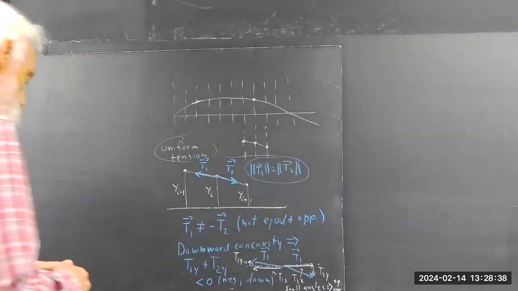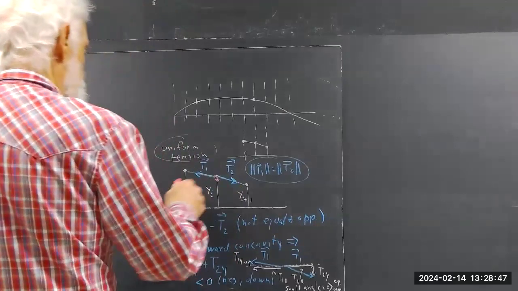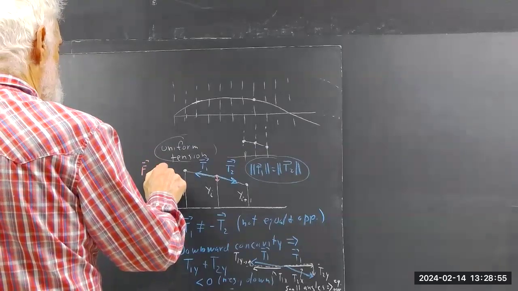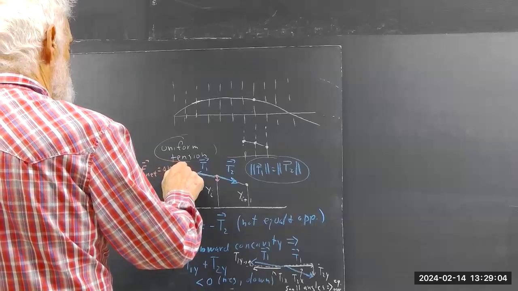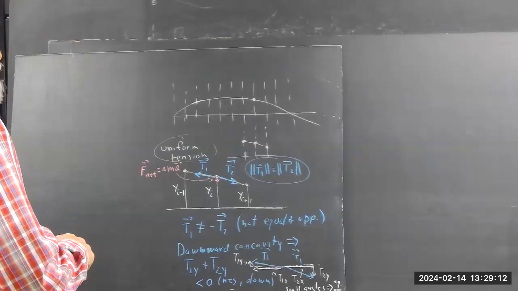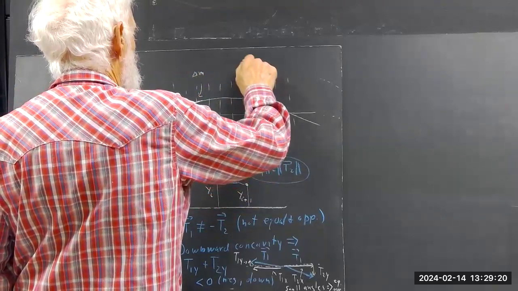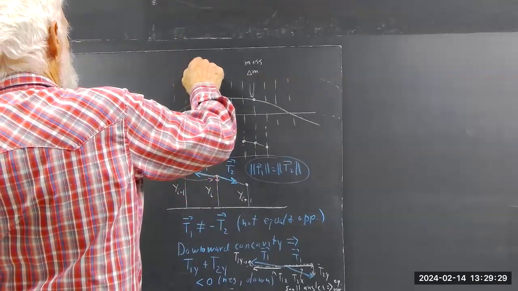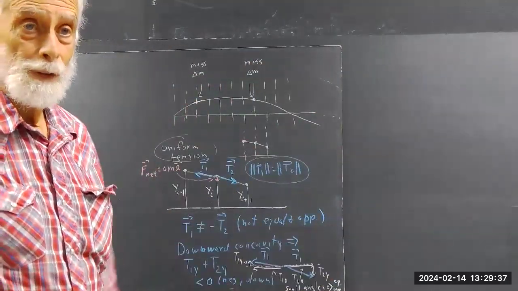this tells us that we have a downward F naught equal delta M A. We call this mass our delta M, and this mass, which is the bead that concentrates this mass, we'll call delta M. And if we know how many times we divided the string and the mass density, we can figure out what delta M is.